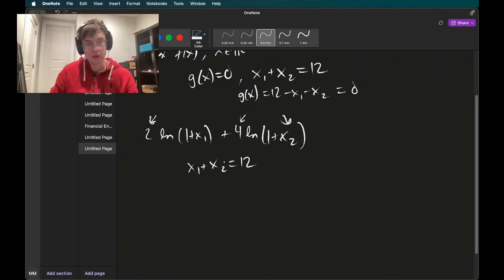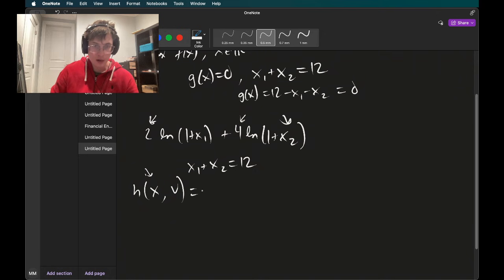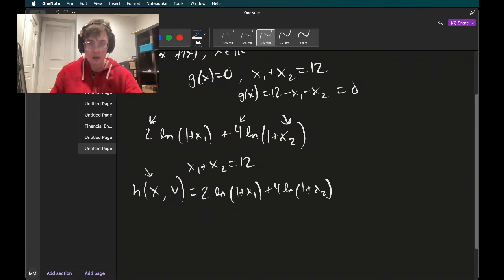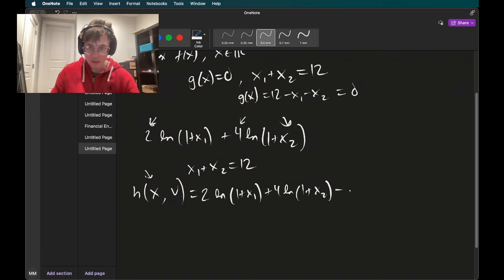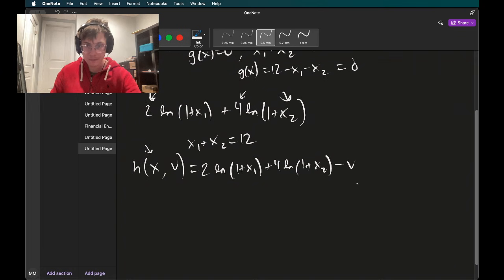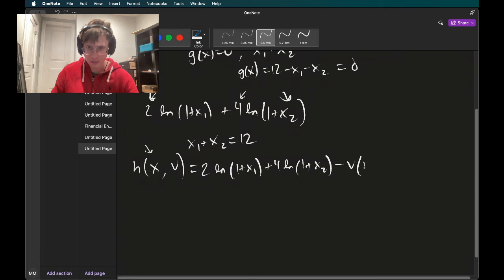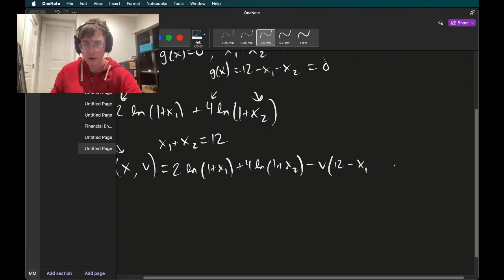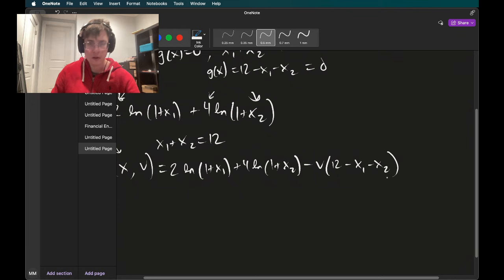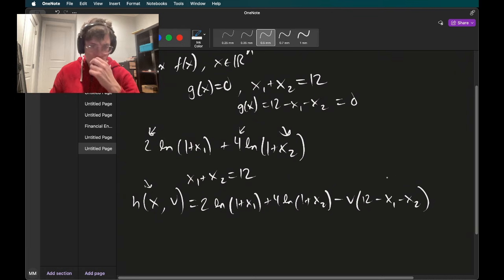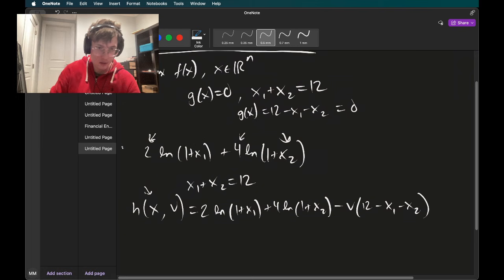So how do we actually solve this? Let's define a new function called h of x, where x is x1 and x2, and then we add another parameter here, v. Then we're going to have the original equation, ln of 1 plus x1 plus 4 ln of 1 plus x2, and then we're going to subtract off v times 12 minus x1 minus x2. Looking at this original equation, which I'll call f of x,